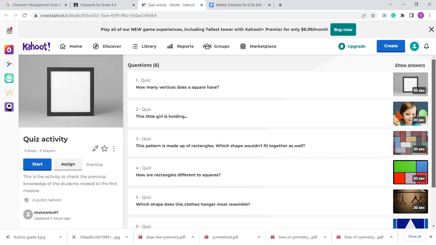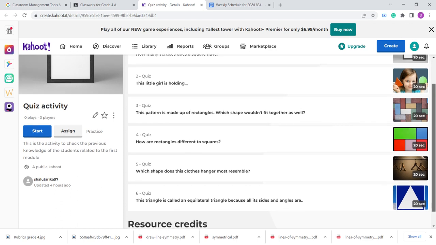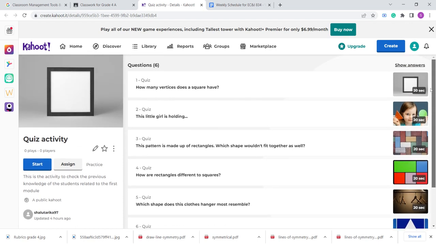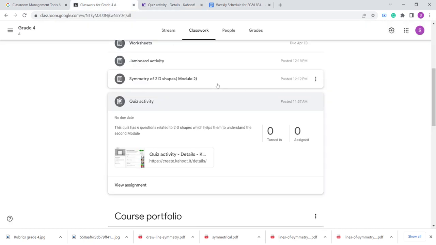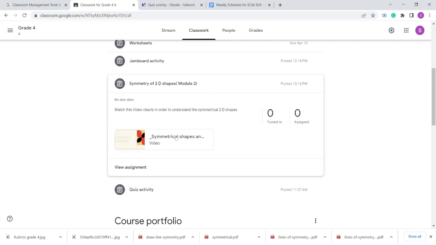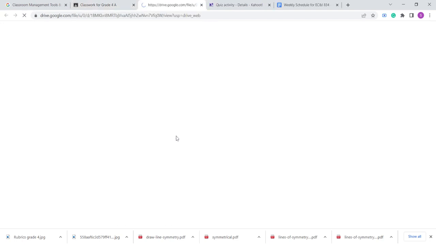If they know, then it's good. If they don't know about it, then I will again discuss the two-dimensional shapes so that they can easily learn about them and the lines of symmetry of two-dimensional shapes. Second thing, this is my course. This is a small video of symmetrical shapes of